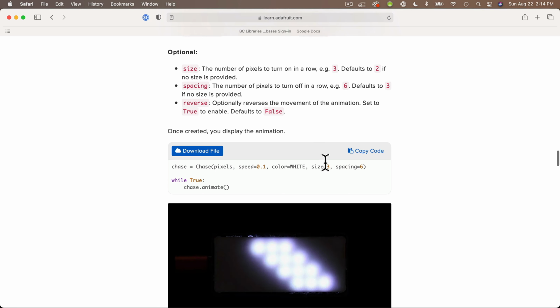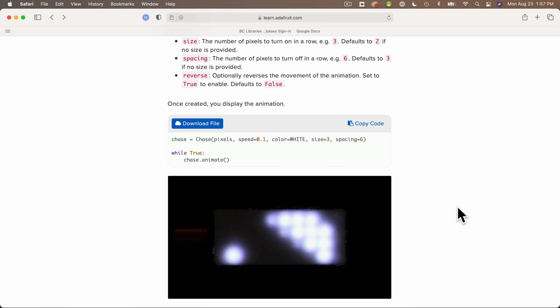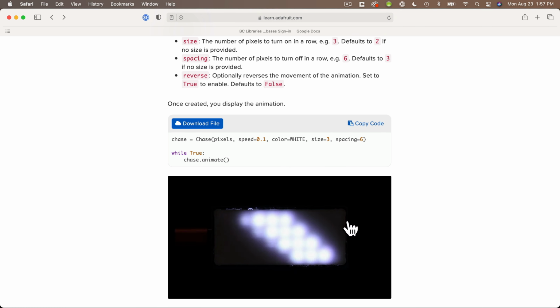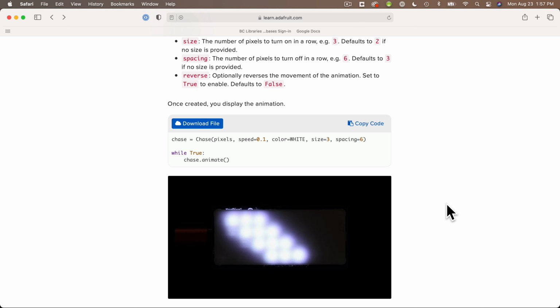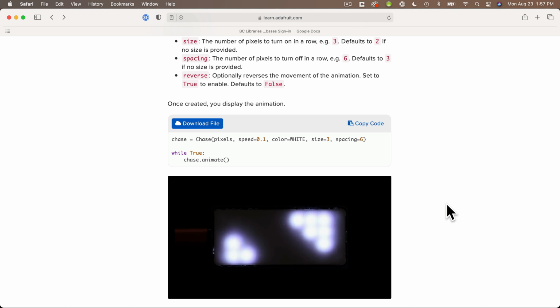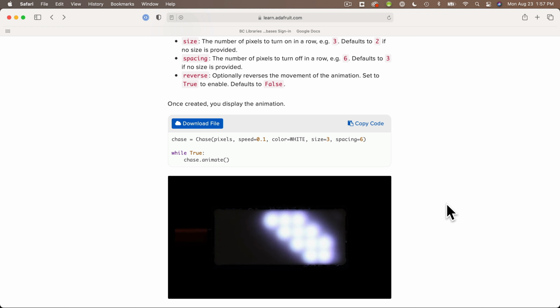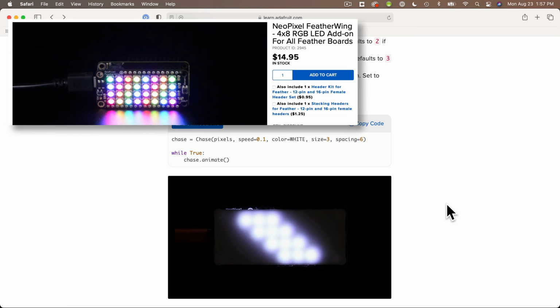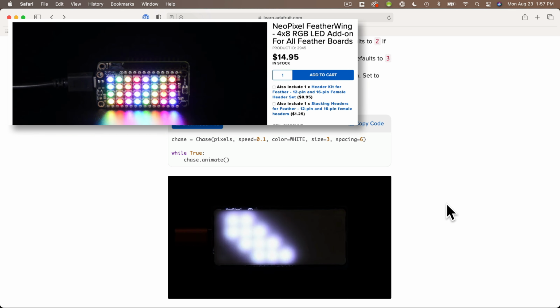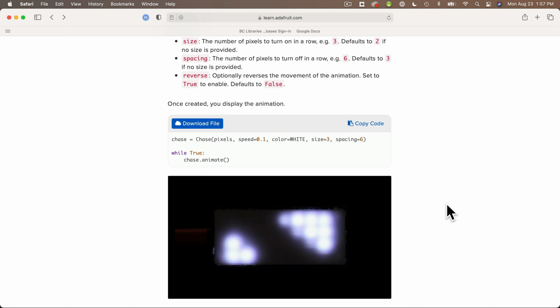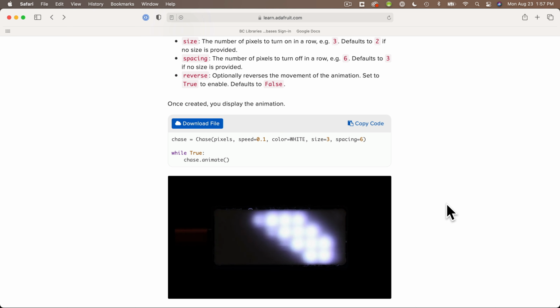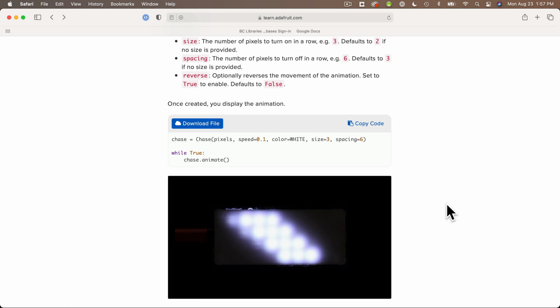So now chase is a way that we can implement a light chase, a group of single colored lights moving around the LEDs. By the way, these animations in the Learn Guide show the same code animating a matrix or a rectangular block of lights instead of lights on our CPB ring or the strip. This one happens to be using a NeoPixel feather wing attached to a feather board. And yes, you can use the same code on a rectangular block of LEDs if you ever want to try something like that in the future, but we'll keep working with our ring of lights on the CPB in the light strip,